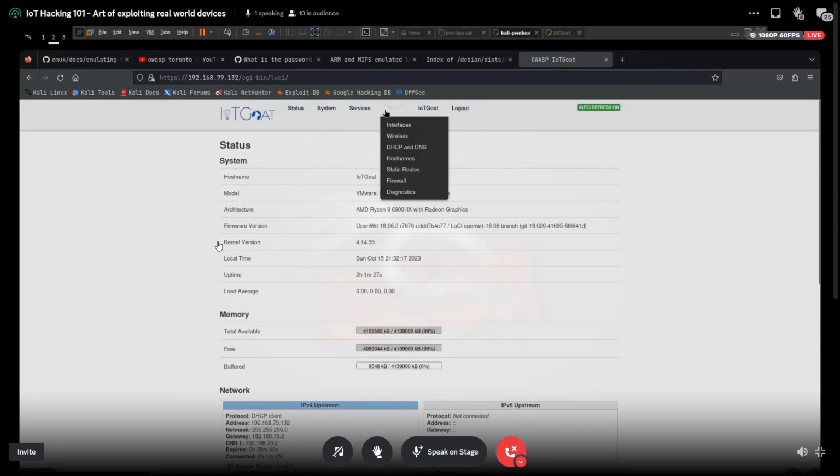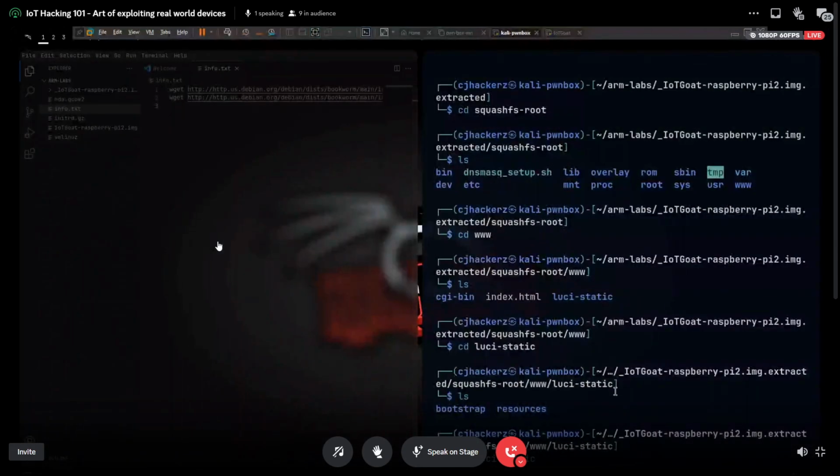But again, these devices have various vulnerabilities you can find. So let's see interesting ones, what we can do over here. Oh, one thing I was talking about in the previous slides: the maintenance mode. So how about finding that maintenance mode using the binwalk output we had? Let's go back to the binwalk output.